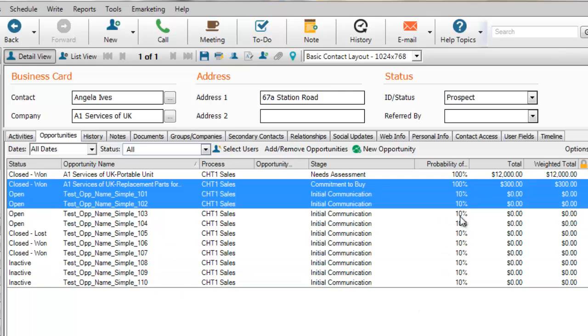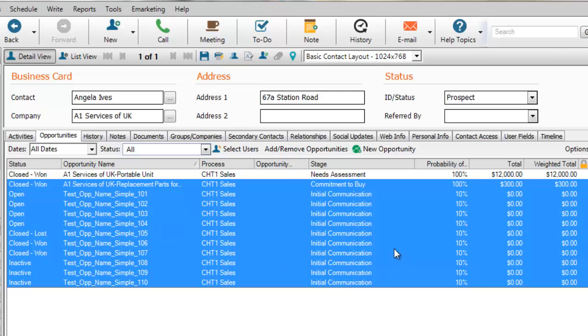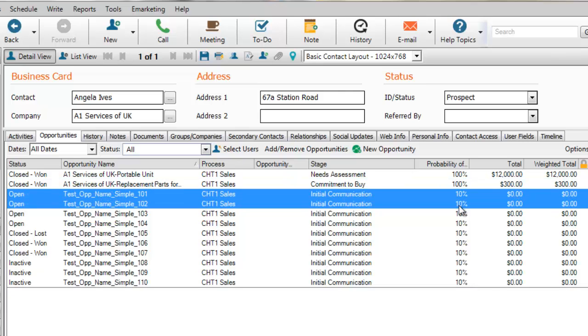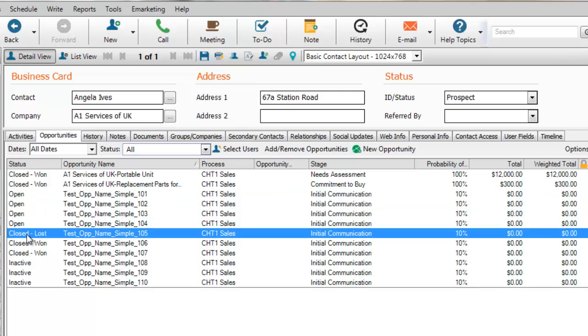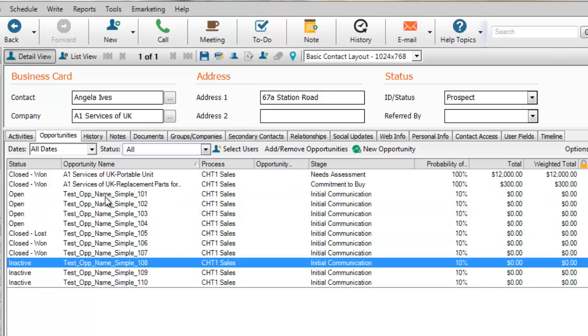We've got some probabilities out here. These are default probabilities. And there's no dollar amount because we didn't map anything to a product. In order to get a dollar amount in, you have to map a product. That's the only way to do that. They do show as won, lost, inactive, or whatever. So these are mapped under the opportunity list,